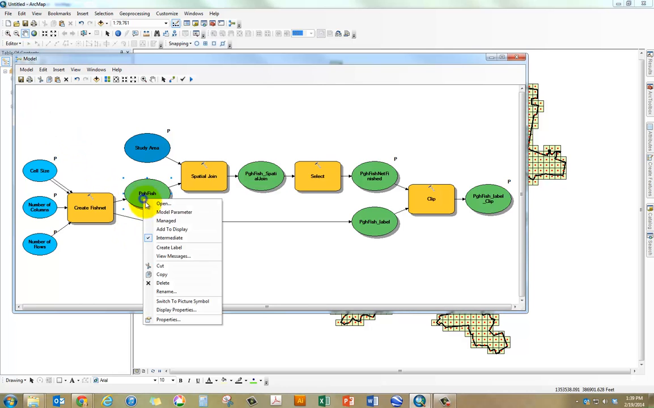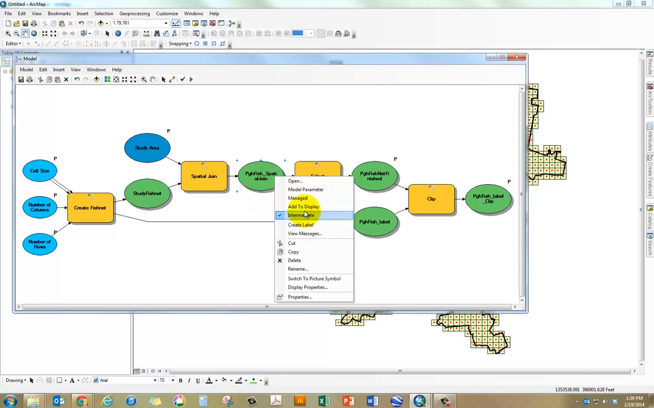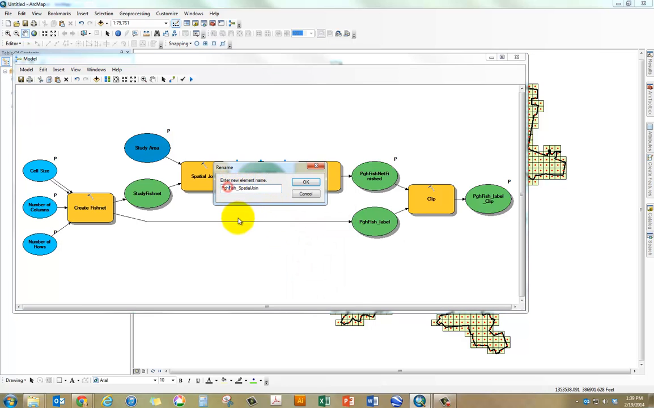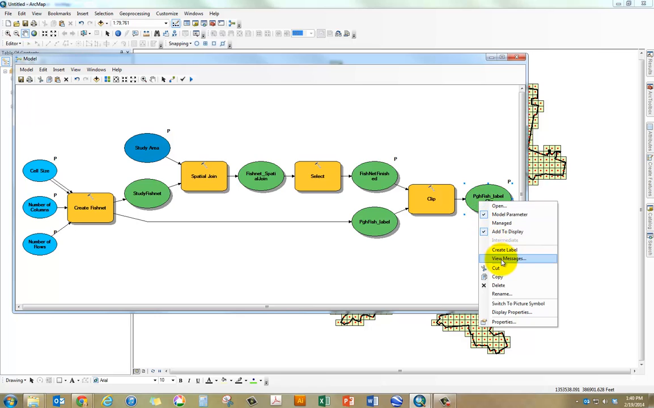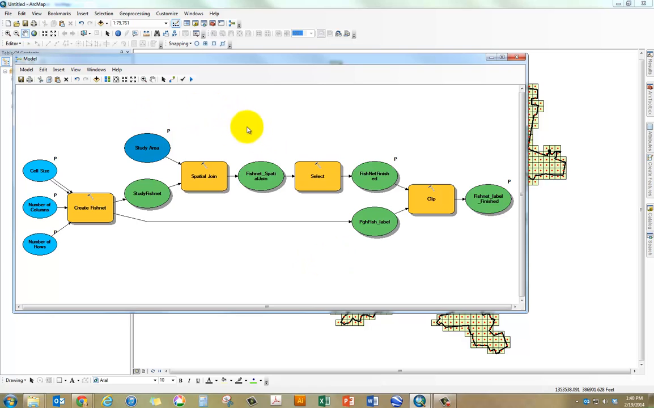So we can call this study area fish or something. I'm gonna rename this as study fishnet, and we're gonna call this as rename fishnet spatial join, and then this can be fishnet finished, or just call fishnet finished, and then this will be PGH fishnet labels, fishnet label finished. So something like that, and maybe you can add some notes or maybe label this if you want to,